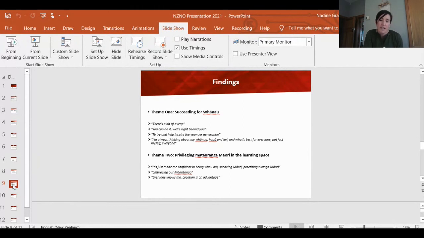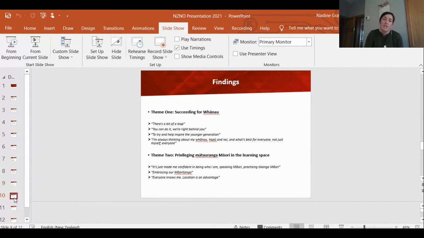So I guess as a mediating structure, the wānanga itself was viewed as a safe space for these Māori students to be their authentic selves and enable them to grow in their Māoriness. And I guess this then had a flow-on effect of distributive action to their own whānau and community, speaking Māori at home, re-engaging in their marae, or linking back to their own whakapapa.